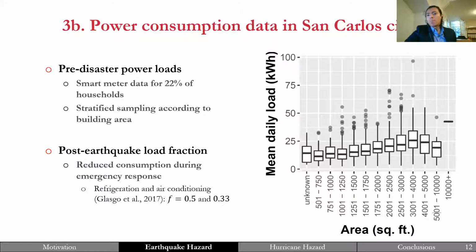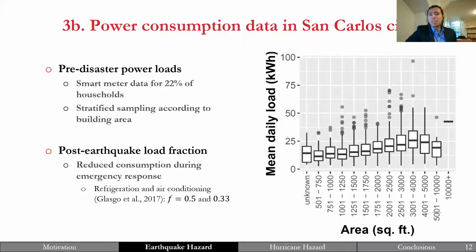And then in our analysis, we focus on providing houses with basic consumption that supports basic needs, like refrigeration and air conditioning. So we took an assumption and reduced their consumption by 30 to 50%, just assuming that in a state of emergency, they will consume less if they are able, with a goal of sharing more energy between the neighborhoods in a microgrid. So that's the second part of the analysis.